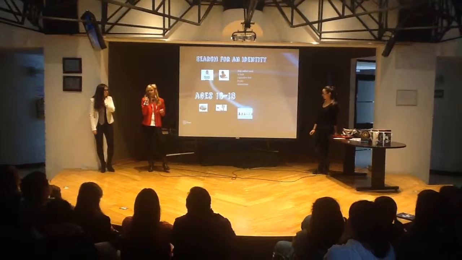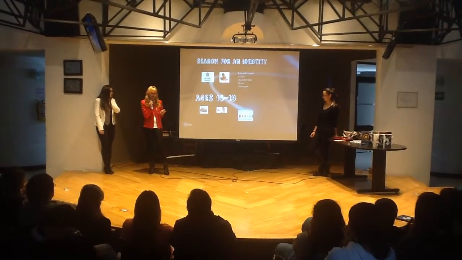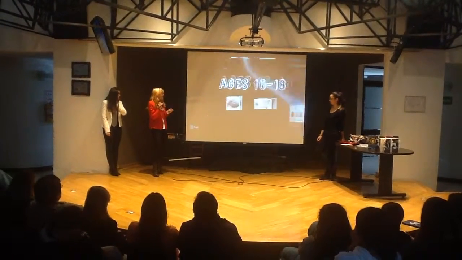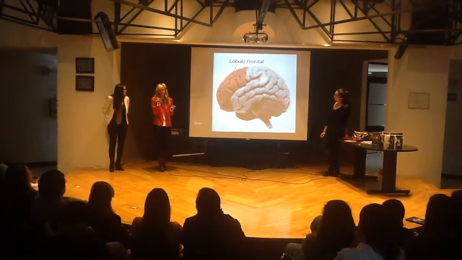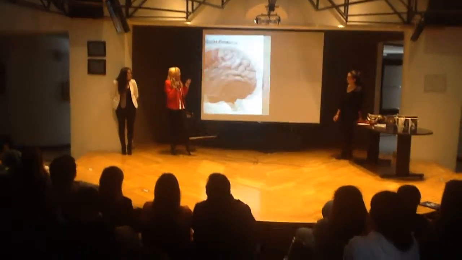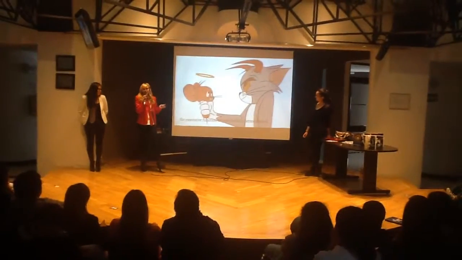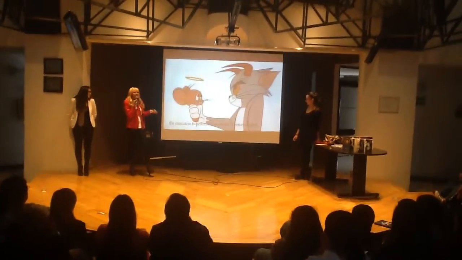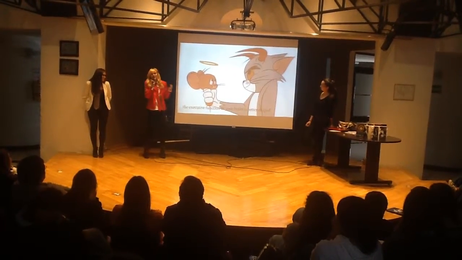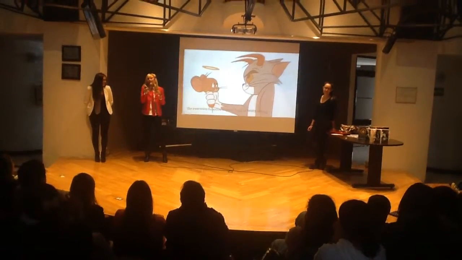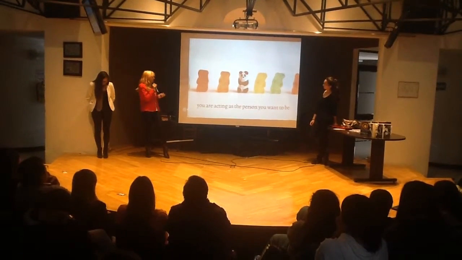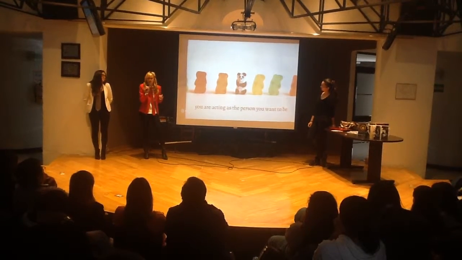Our project was targeted to girls between the ages of 16 and 18. What exactly is happening inside your head at this age? Well, for starters, your frontal lobe has finished its development. What does this mean? That your actions are going to be better guided. So the executive part of your brain is going to be better shaped. You're going to know when to act good and when to act bad. And you're not going to do it just to be socially accepted, but because you're acting as the person that you want to be.